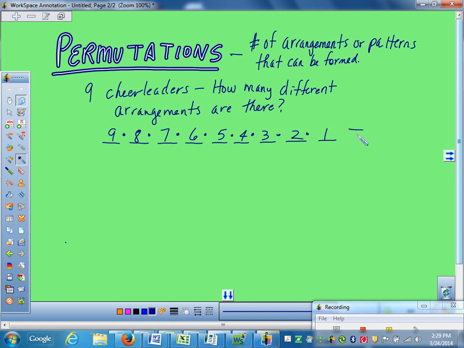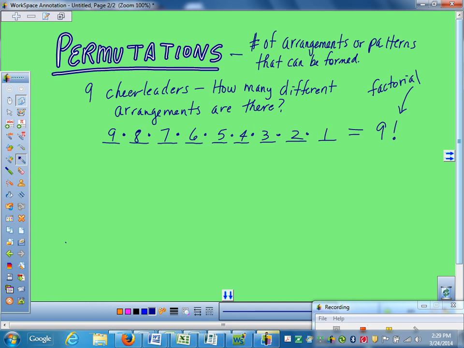They use an exclamation point, but it's actually called a factorial. That is 9 factorial is how you read that. If you see 9 exclamation point, it means start at 9 and multiply every single number there is down to 1. So if I said do 50 factorial, that's going to be a whopping huge number, because 50 times 49 times 48 times 47, it does every single number until you get to 1.